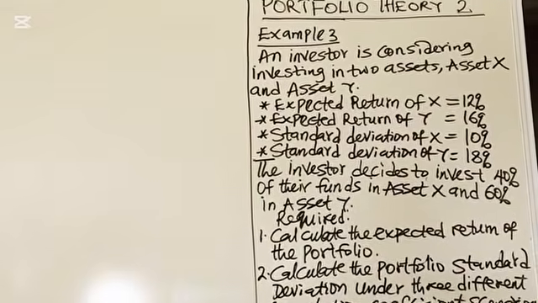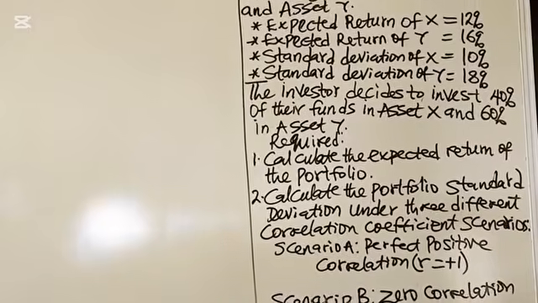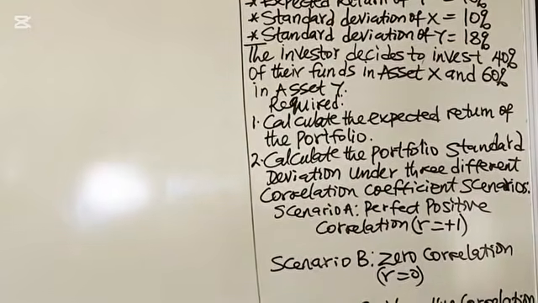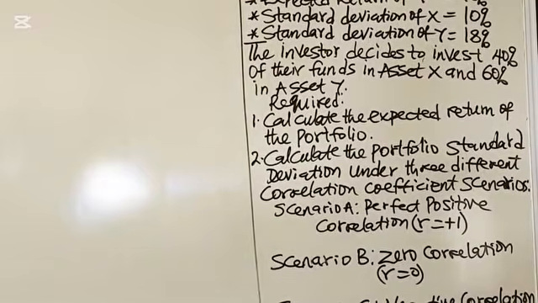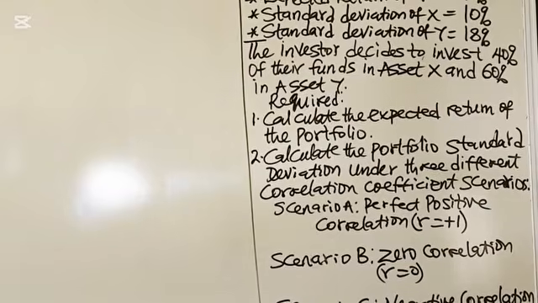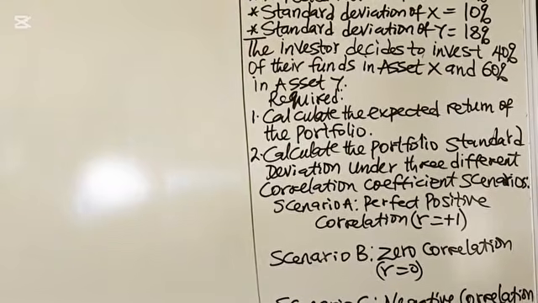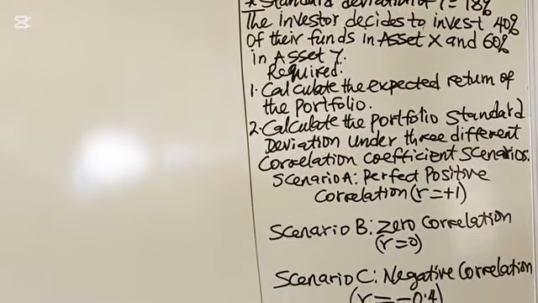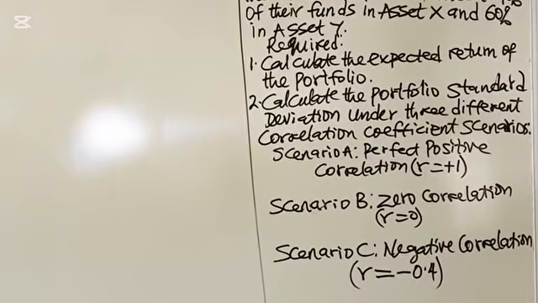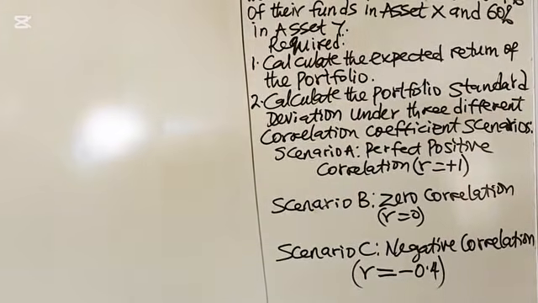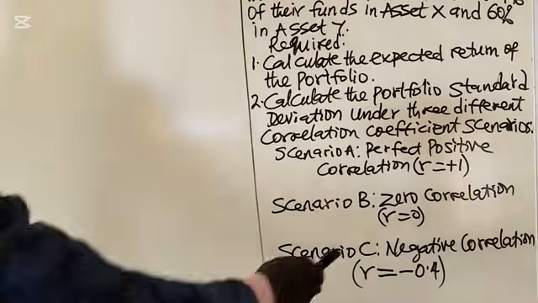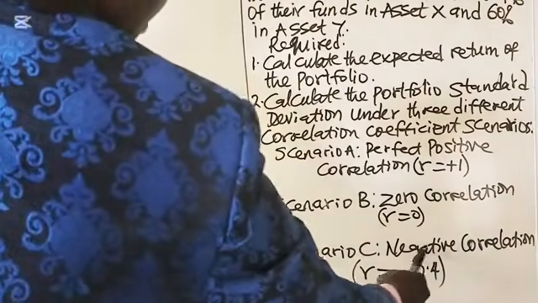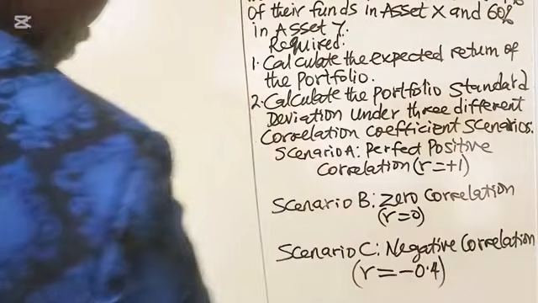Required: 1. Calculate the expected return of the portfolio. 2. Calculate the portfolio standard deviation under 3 different correlation coefficient scenarios. Scenario A, perfect positive correlation, that is R equals +1. Scenario B, zero correlation, R equals 0. Scenario C, negative correlation, R equals -0.4. Solution: